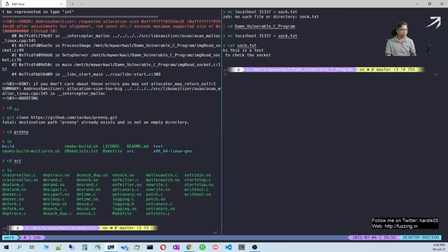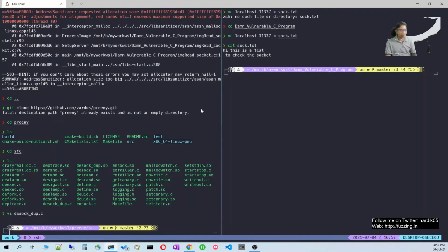You only need to compile and give the path using LD_PRELOAD. There are a lot of libraries, but we are only going to use desock_dup.c. So we can use the desock_dup library over here.